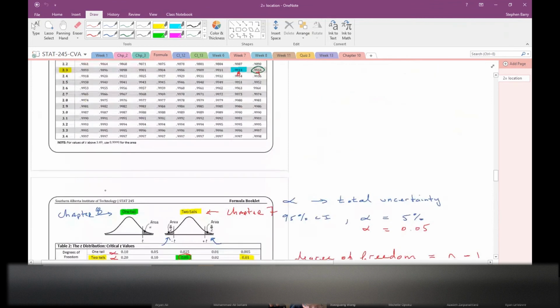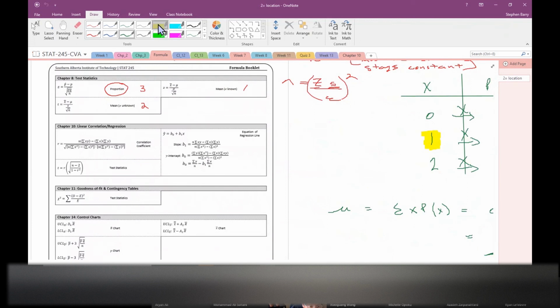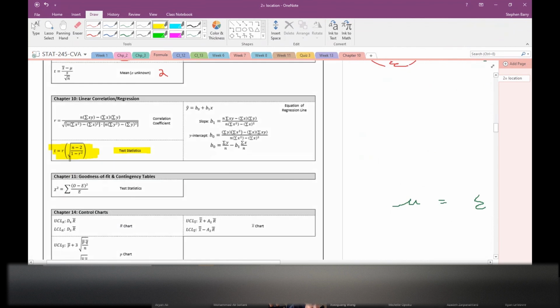I think it belongs in chapter 8, but they don't have it there. They have it, right where it should be actually, maybe in chapter 10 here. Essentially it's the same thing. You want to figure out a test score. As you can see here, it just uses r values instead of proportions or averages. But this is the formula here: r times